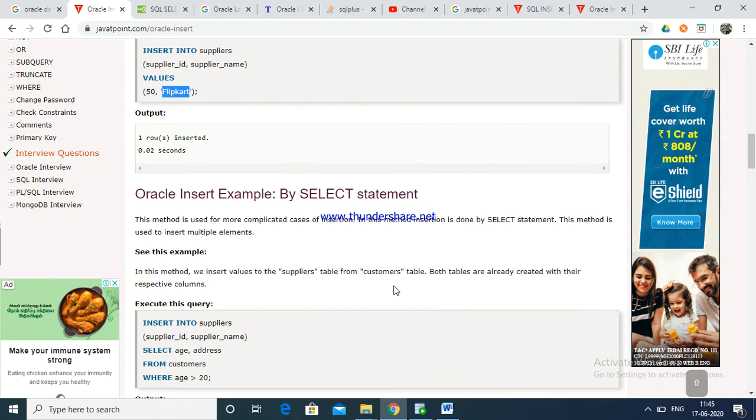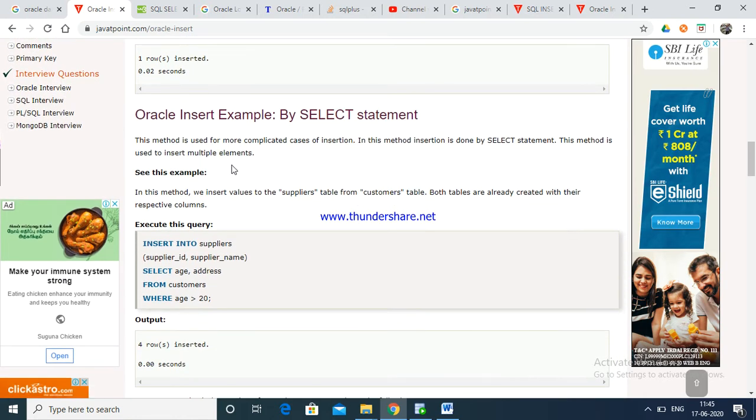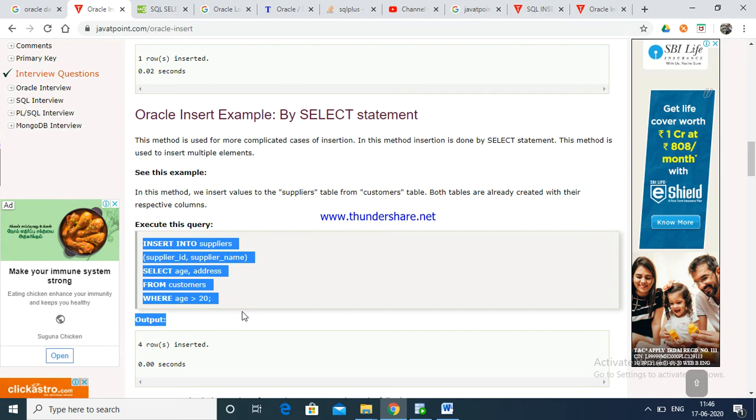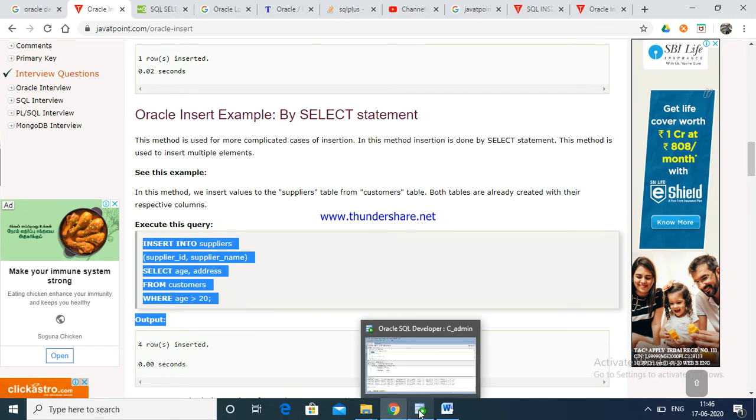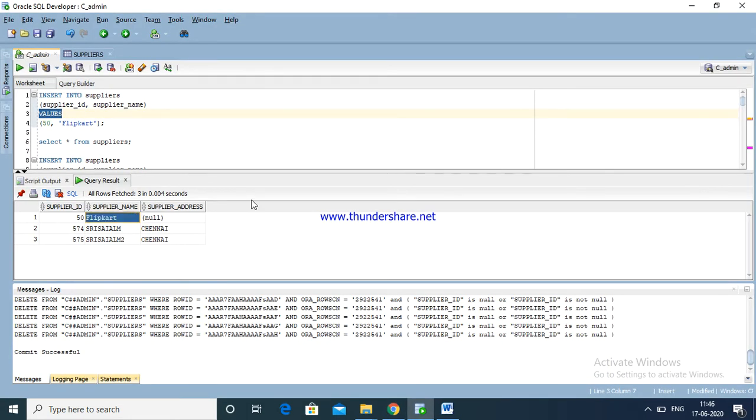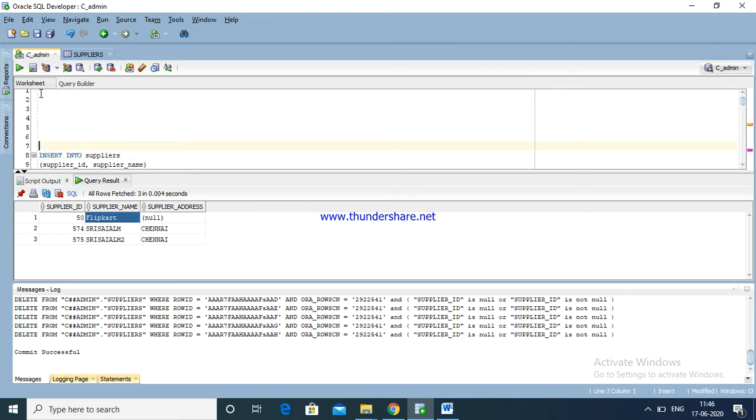Okay, Oracle insert example by SELECT statement. Okay, this is a select statement. Now we are going to go up, just go up. Okay, now click here.